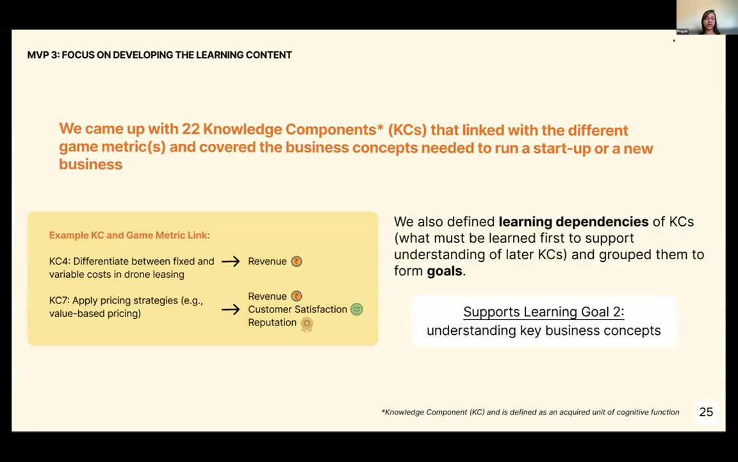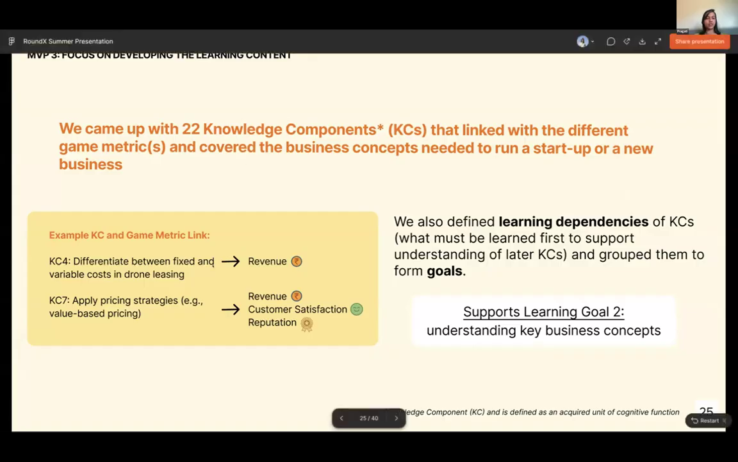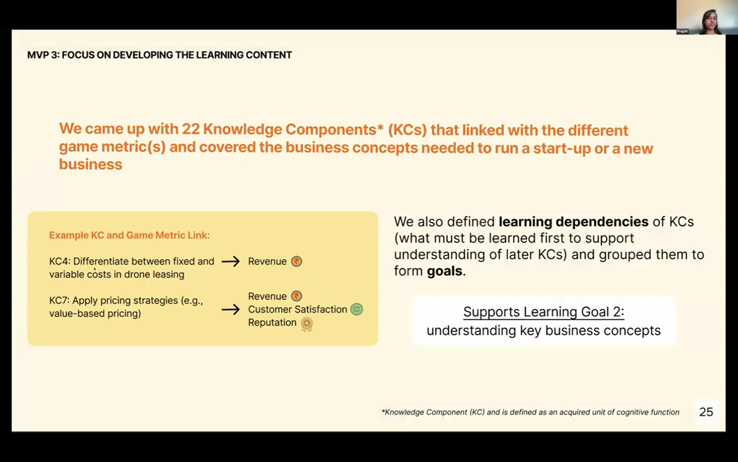So we decided to define these 22 knowledge components, which were linking to our specific game matrix we had, 8, 4 for business and 4 for personal growth. And the way we defined our KCs was like, okay, one of the KCs is differentiate between fixed and variable cost in drone leasing. So if this particular KC is linked in the game with a matrix like revenue,